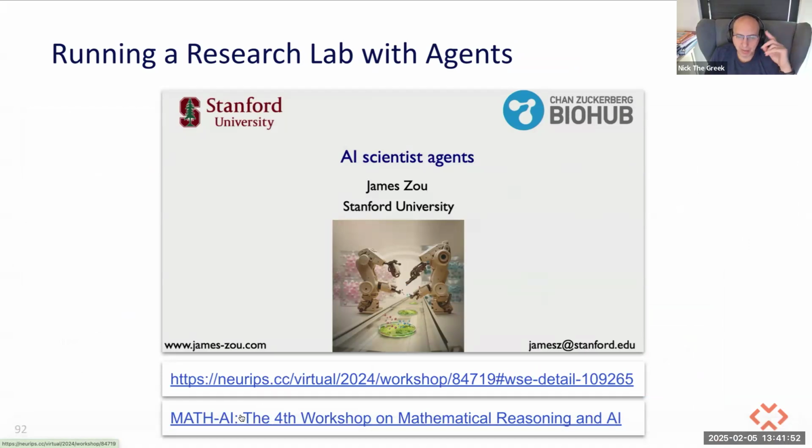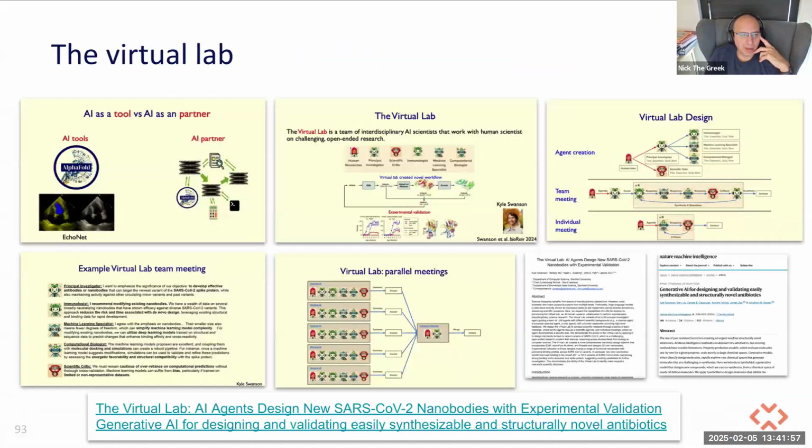Again, math AI is more than math in this conference, and they basically created a virtual lab of biomedical scientists where they decide how to create the agents, then they have team meetings and individual meetings, and AI agents design new SARS-CoV-2 nanobodies with experimental validation, and generative AI for designing and validating easily synthesizable